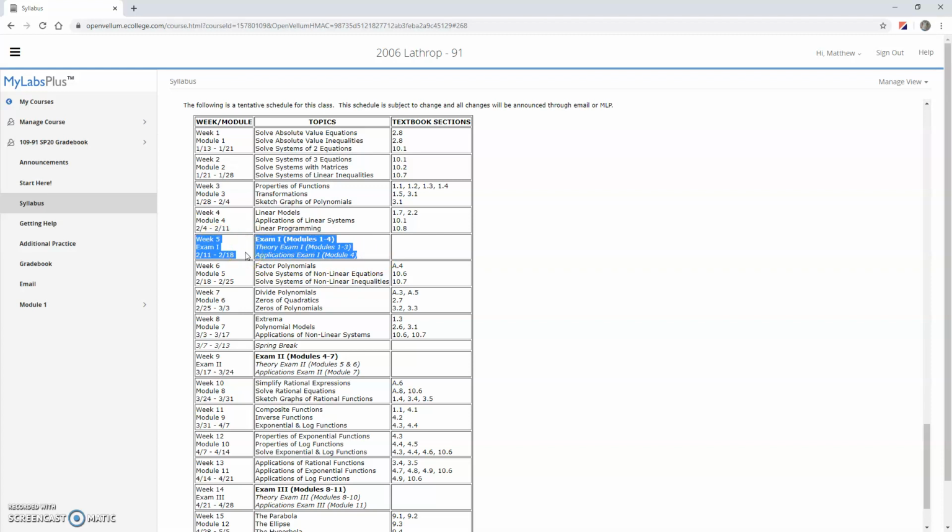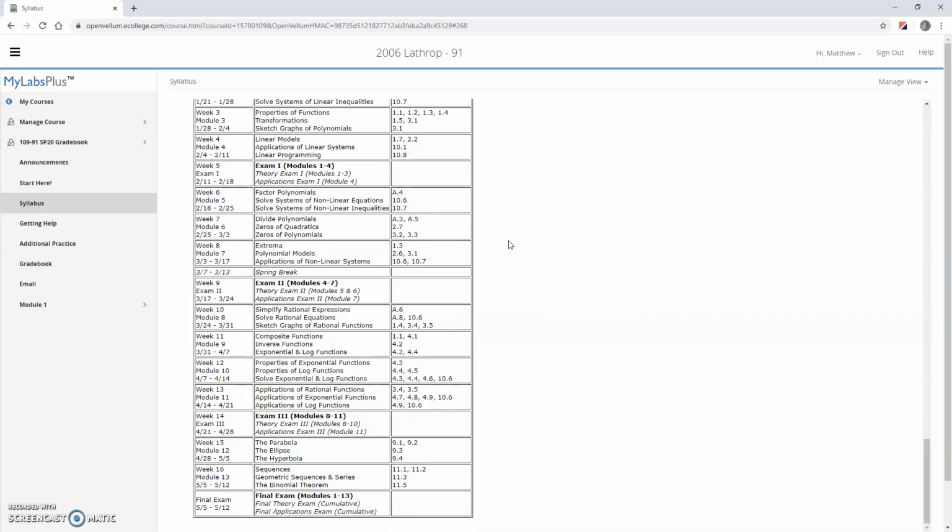It'd be a good idea to look at the testing center schedule ahead of time so that you can identify good times that work with your schedule to come in and test. Apart from exams, everything else can be completed from home, giving you quite a bit of flexibility as long as you're getting things submitted by the due dates.